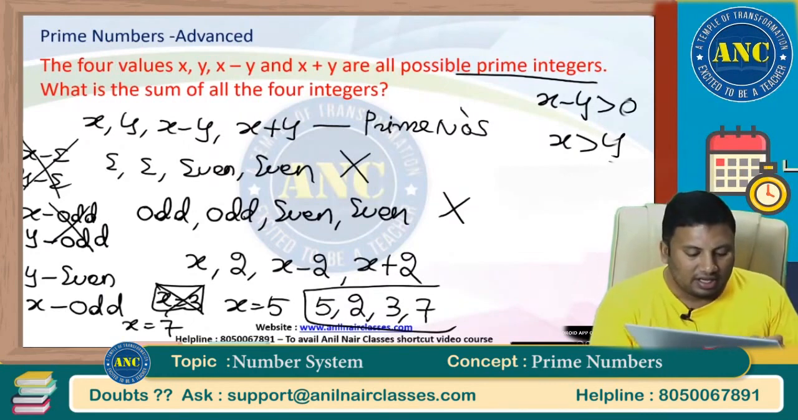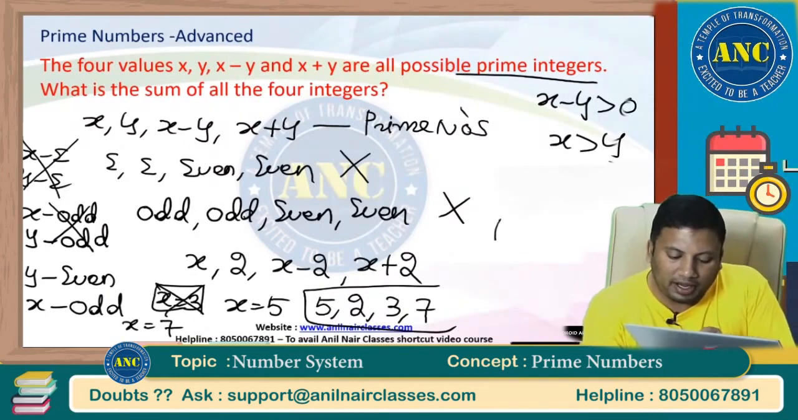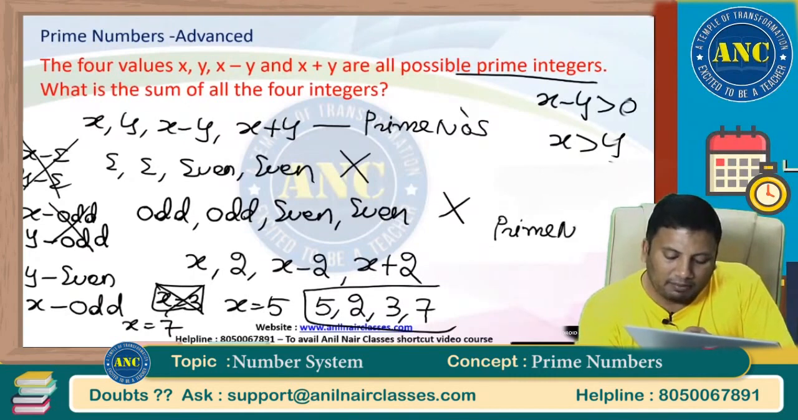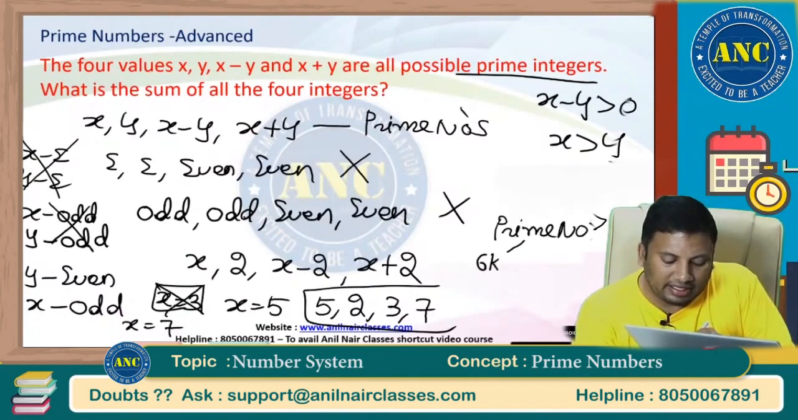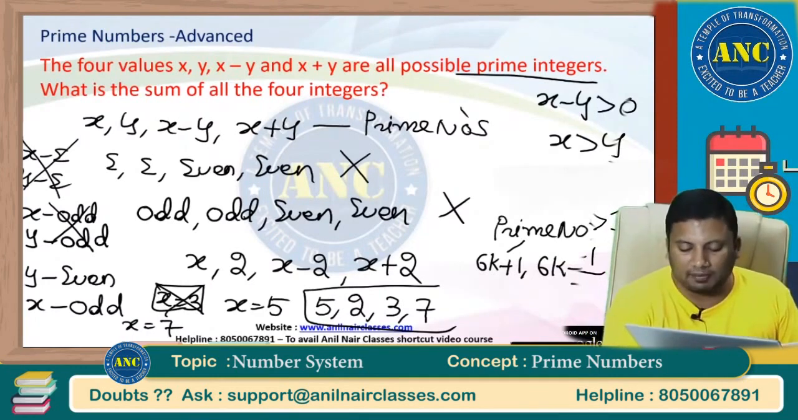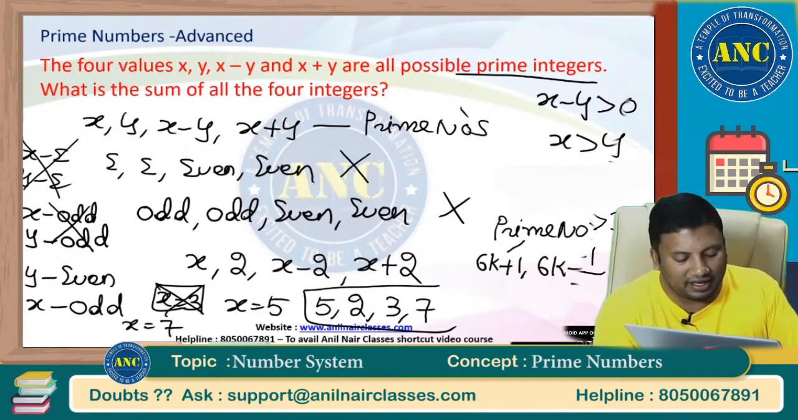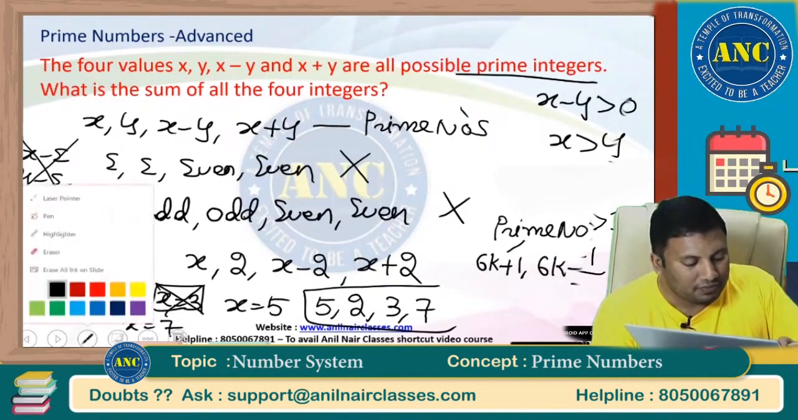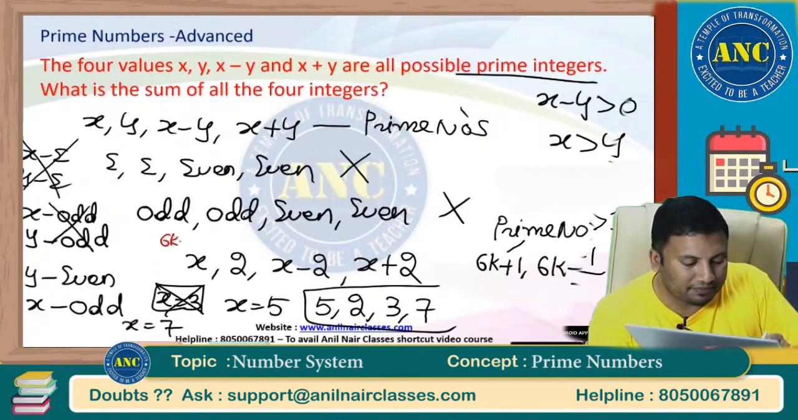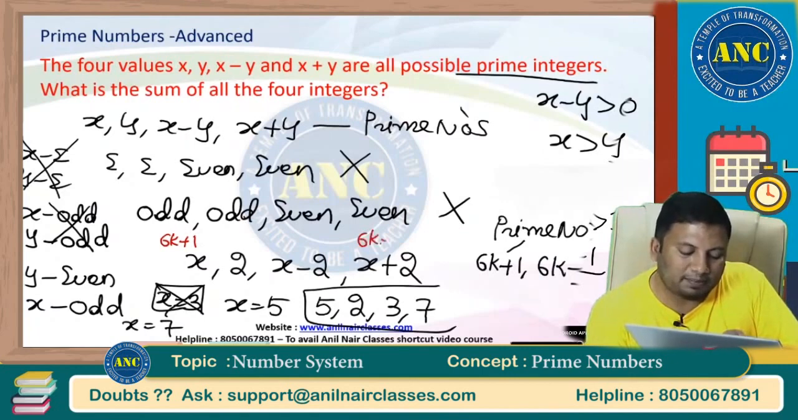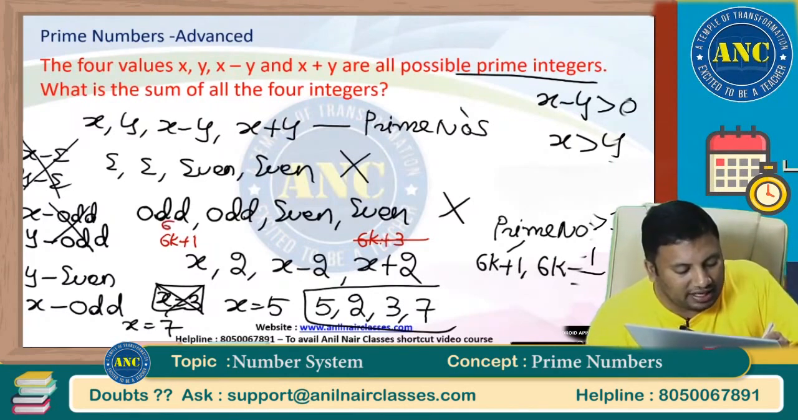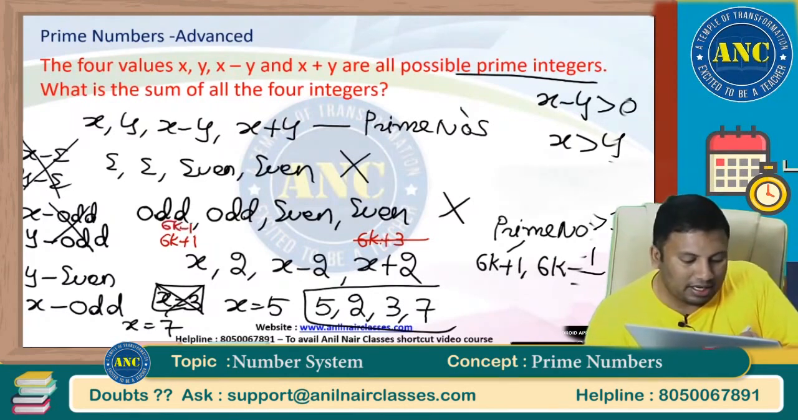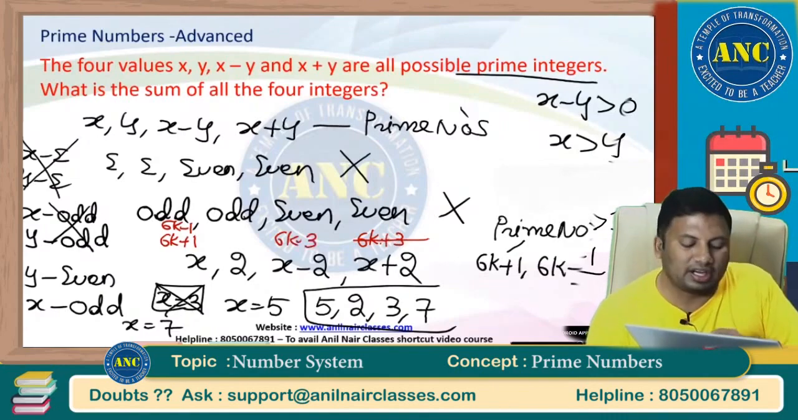Now if you see here, any prime number greater than 3 we have taken as 6k plus 1 or 6k minus 1. Am I right? Now after 5, if I take 6k plus 1, then x minus 2 will become 6k minus 1 and x plus 2 will become 6k plus 3. 6k plus 3 means it is divisible by 3. If I take 6k minus 1, 6k minus 1 minus 2 is 6k minus 3, it